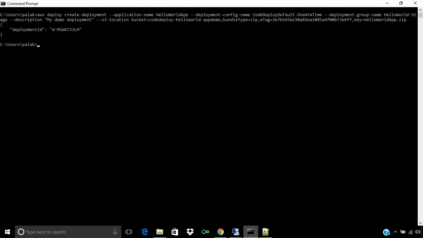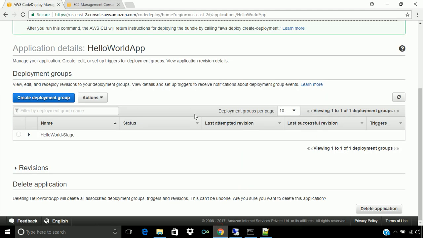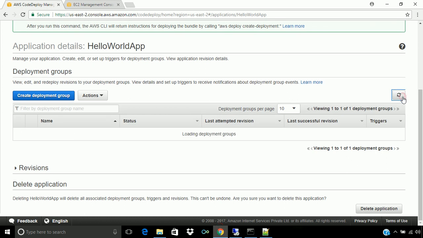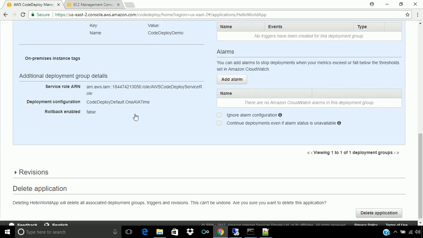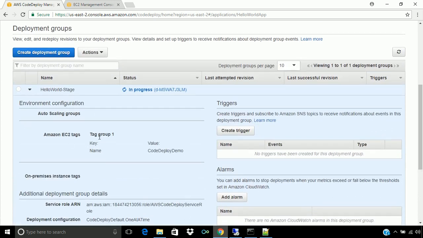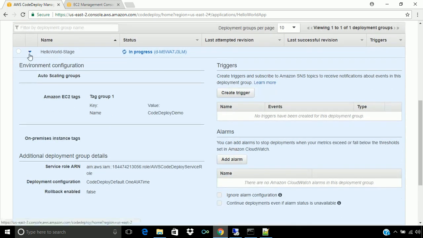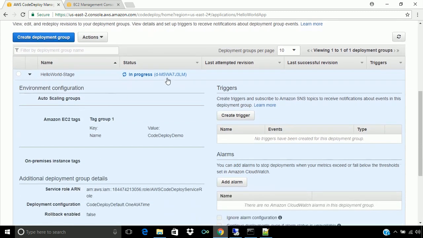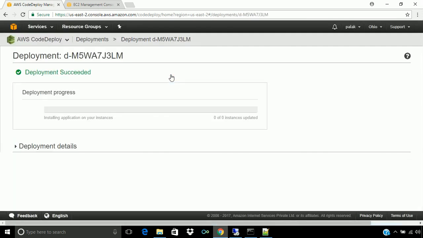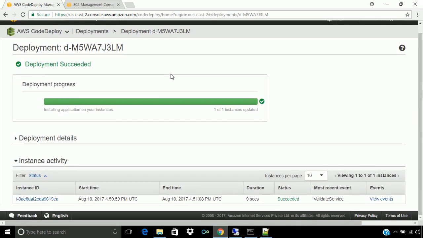As we can see, our deployment is created with this ID, which we can see in our deployment groups also. Let's refresh this, and we can see this deployment is in progress. We can see all the details by clicking on this hello world stage. We can also see which action has been taken by clicking on the deployment ID.